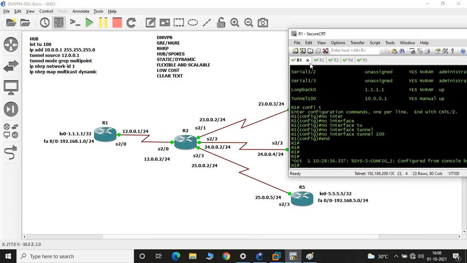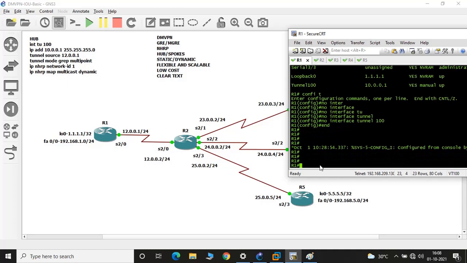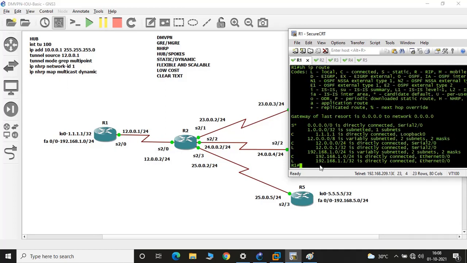So let's jump to our R1. R2 is acting as an ISP. It doesn't have any route passing through it, and R1 has a static route configured, or I would say a default route, pointing towards the ISP side. If you just want to verify, let's see here, it has a default route pointing towards the ISP side, that is serial 2/0. So let me quickly configure the tunnel.